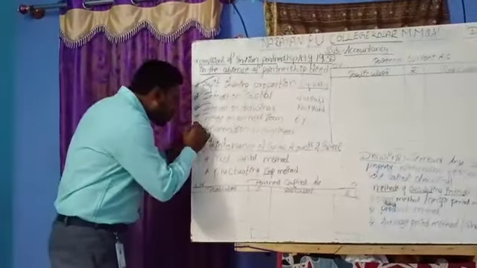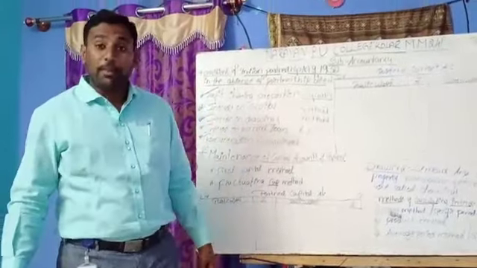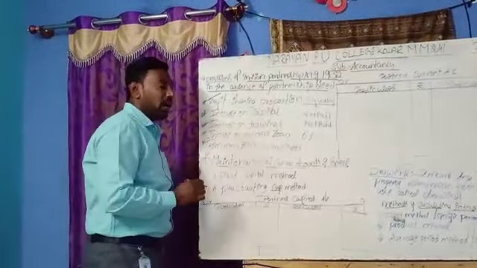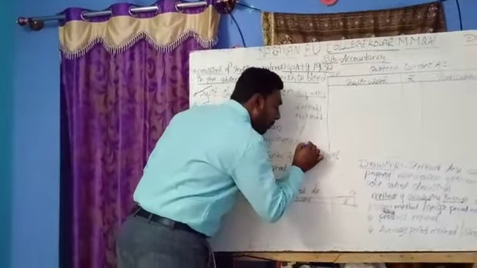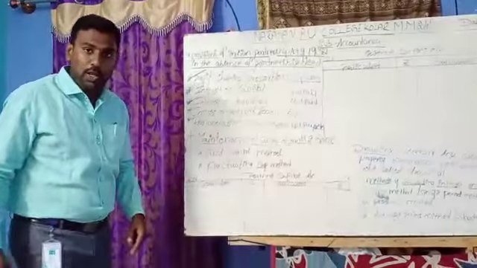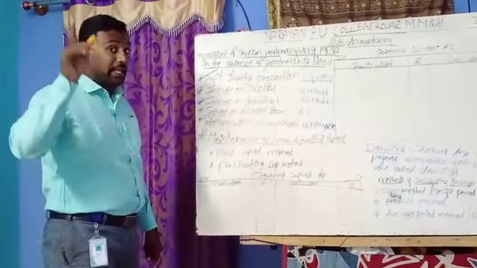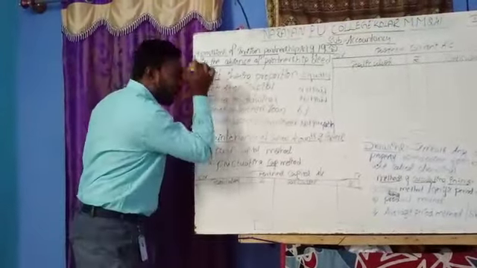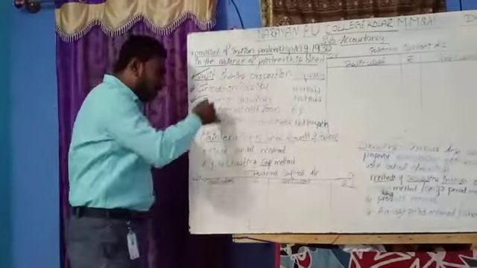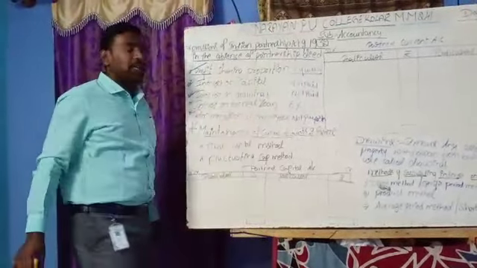The last provision is remuneration to partners. If a partner works in their own organization, he won't be given any kind of salary. No salary is payable because he is not an employee. He is the owner of the organization. If the owner works for the organization, he expects only returns, that is profit, not salary or commission. These are all the provisions that apply in the absence of a partnership deed as per the Act of 1932.